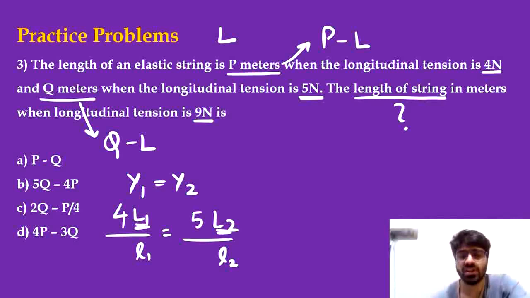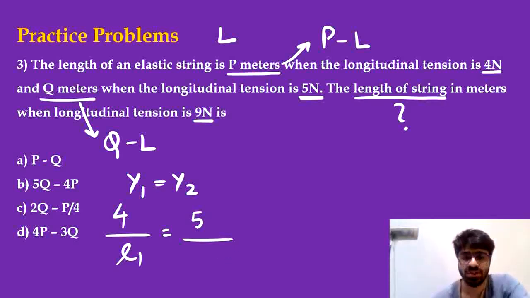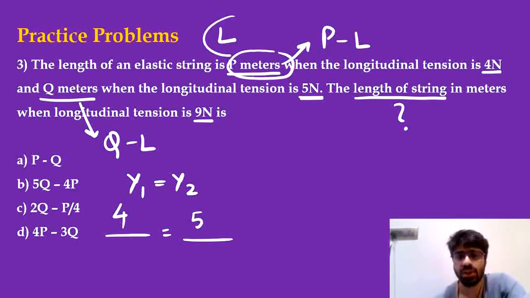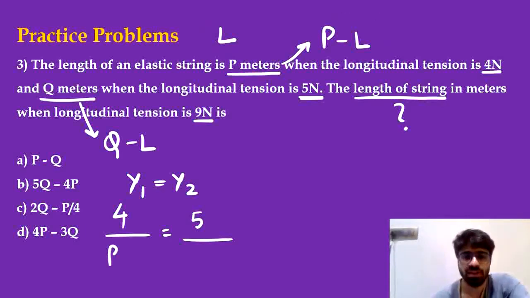L1 and L2 are basically the original lengths of the wire. In this case the wire is the same, it is only an extension for two different conditions. So if the original length is the same for both cases, L1 and L2 will be the same, they get cancelled, and finally I need to write the denominator small l1 and small l2. Small l1 was the extension in the first wire. If the actual length is P and the original length was L, the extension we can say is P minus L. So I am writing the extension in the first case as P minus L, and for the second case the extension would be Q minus L.